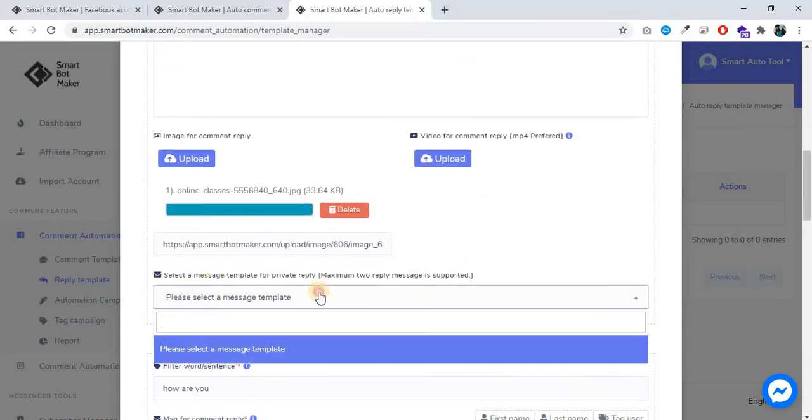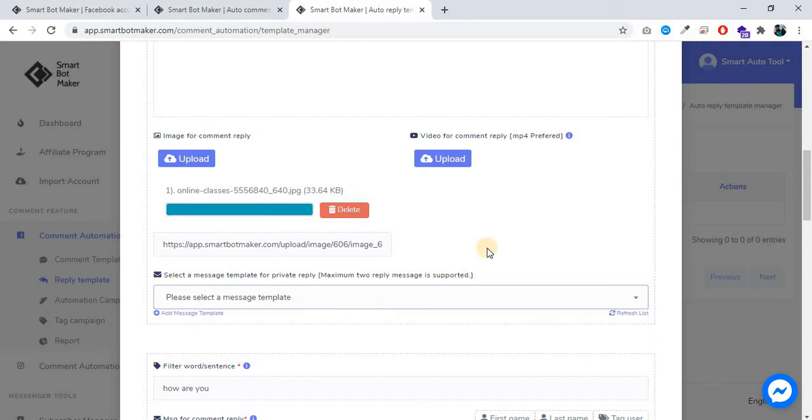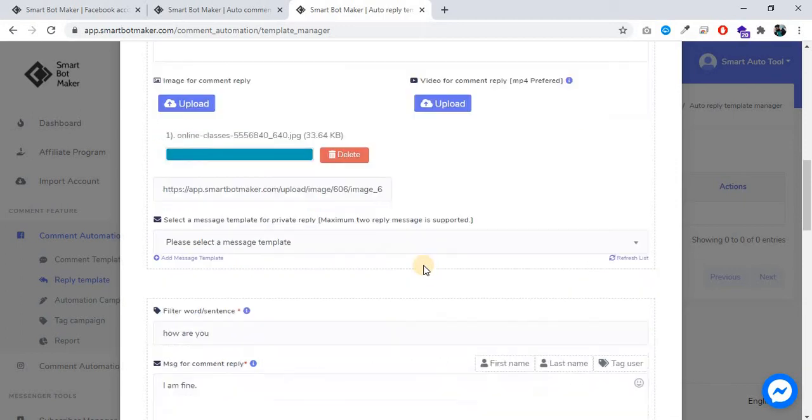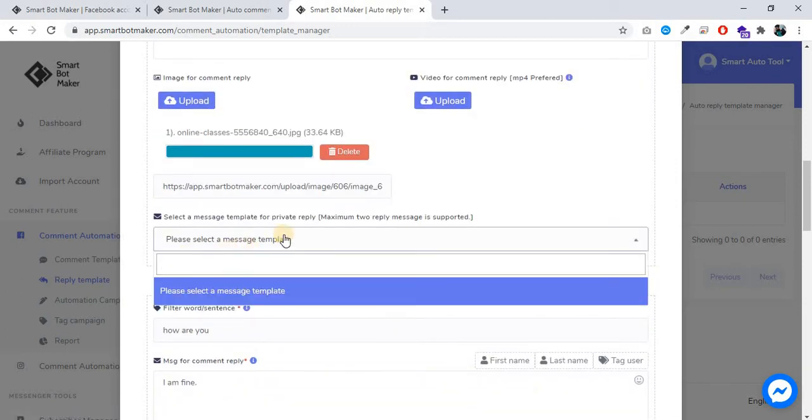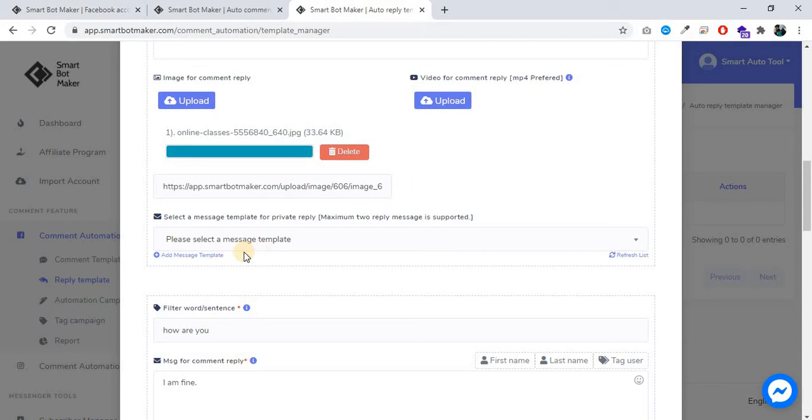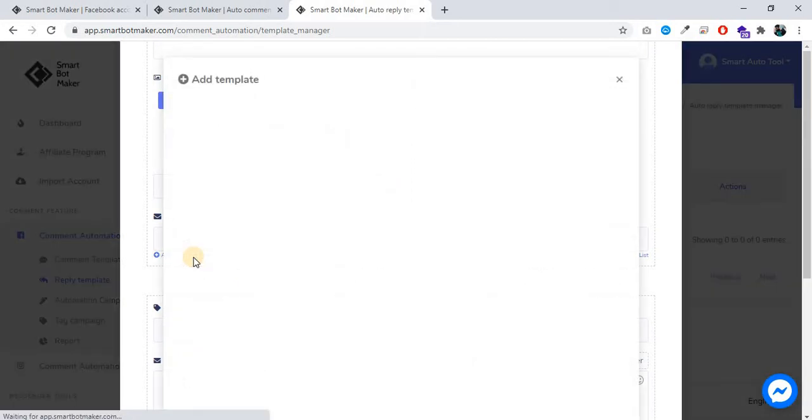Now private reply. So when any user comments on your post, then the bot will send a comment reply and a private message to the user. We don't have any template here, so click on add message template.